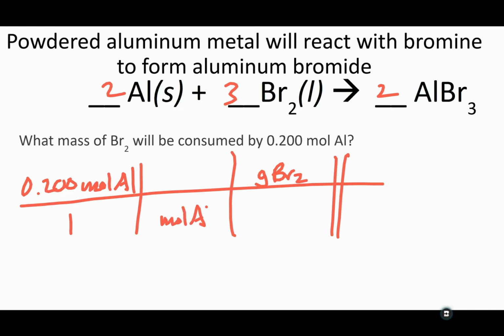So moles of Al on the bottom. Notice I want to be in grams of Br2. So in order for me to switch, I have to use my mole to mole ratio. So 2 moles of Al, 3 moles of Br2. Now that I'm in this one over here, I cannot use those coefficients anymore. I can only say 1 mole equals the molar mass of Br2,